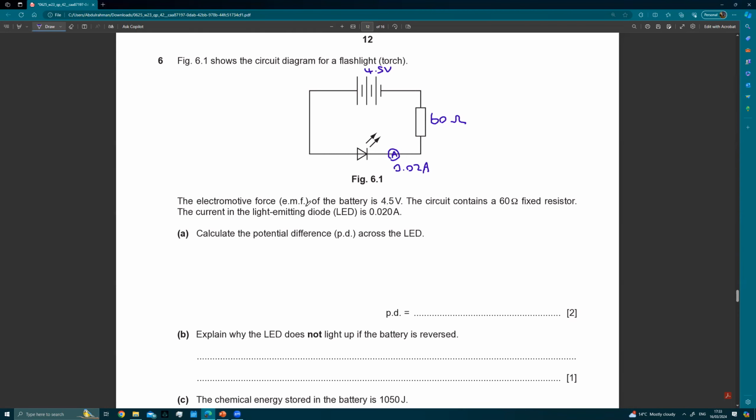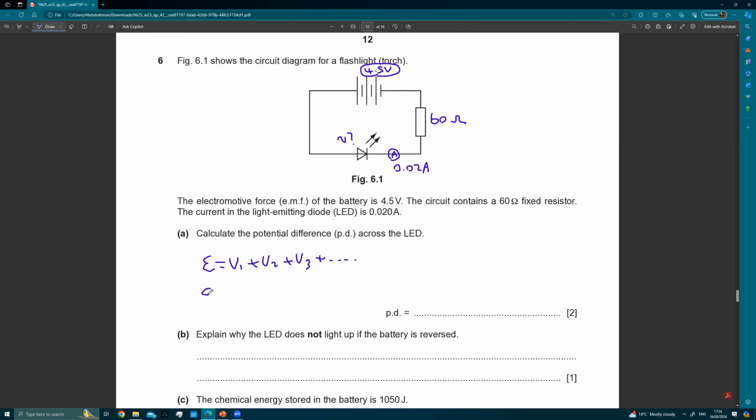Calculate the potential difference across the LED. So you want to know what the voltage is on your LED. Because we know the total voltage, the EMF, if we could work out the voltage here, we could work out what the voltage will be in the LED by using the voltage in series rules. Remember, the voltage in series rule is the following. The EMF is equal to the sum of your voltages, V1 plus V2 plus V3